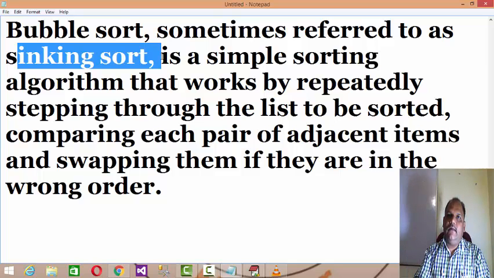In a similar manner, if you start your iterations, ultimately you are going to find the sorted array. Ultimately this entire exercise you are doing is for arranging the data in ascending or descending order.